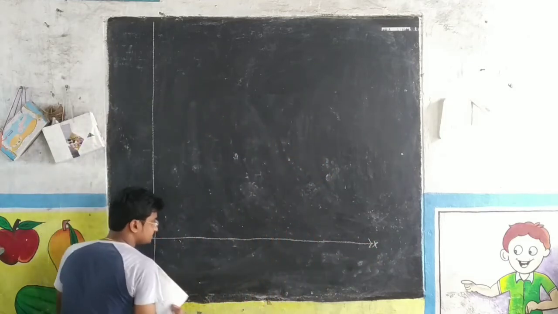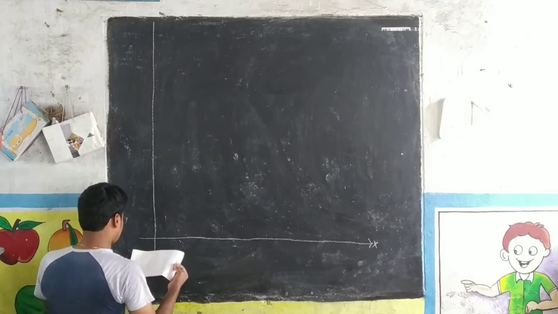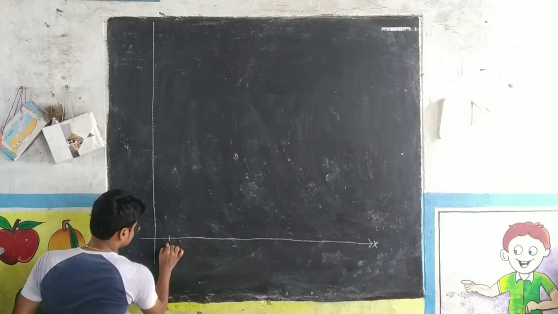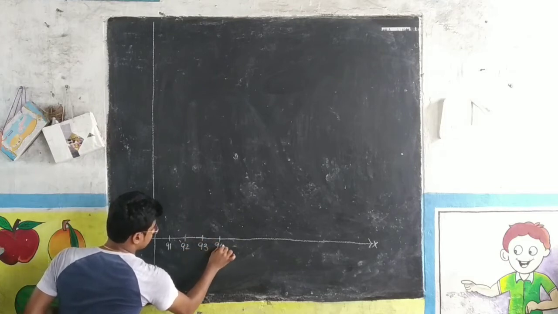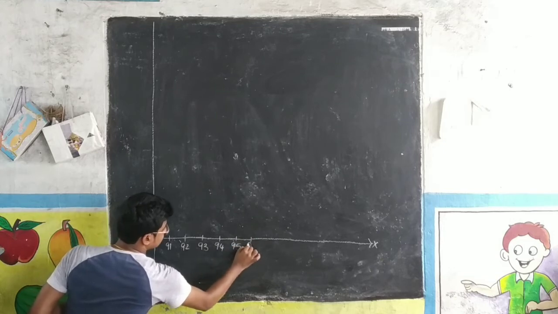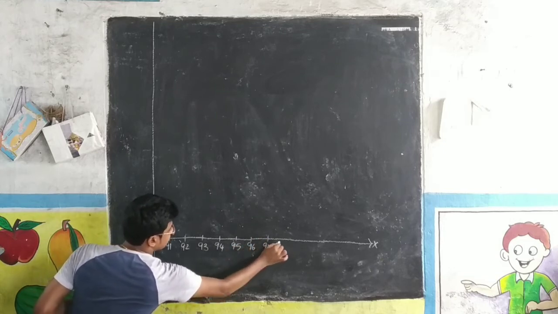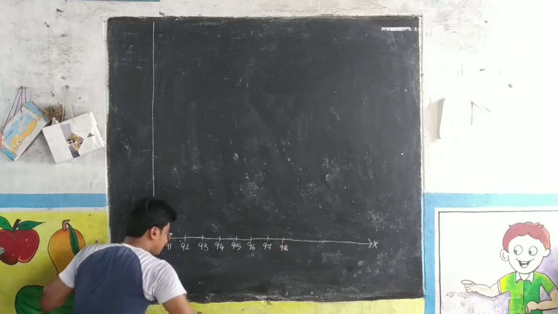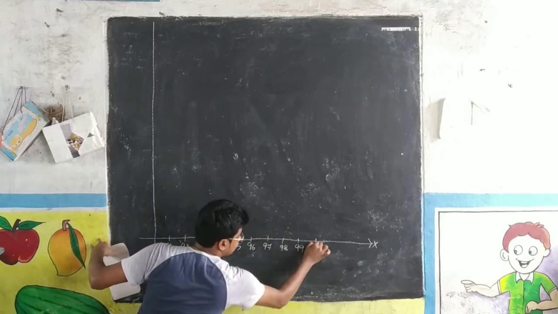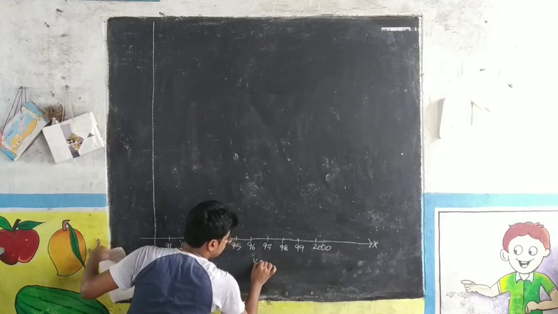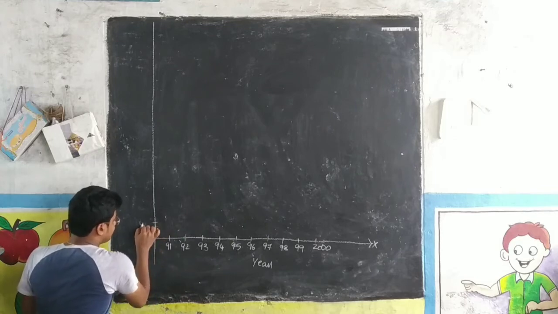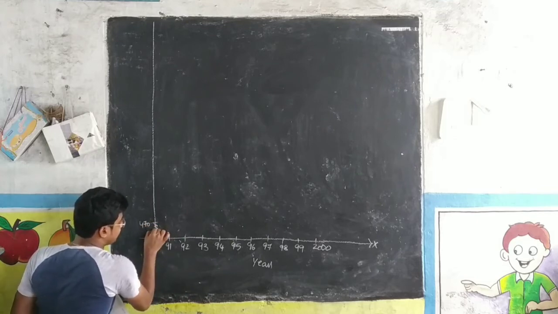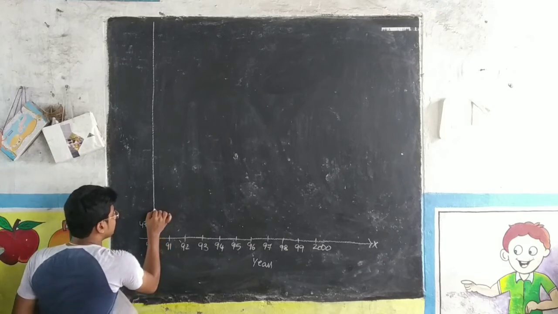On the X-axis: 91, 92, 93, 94, 95, 96, 97, 98, 99, 2000. These are years. Next, sales. It starts from 470, a curvy line. The data is condensed between 0 and 470. Then 480, 490,